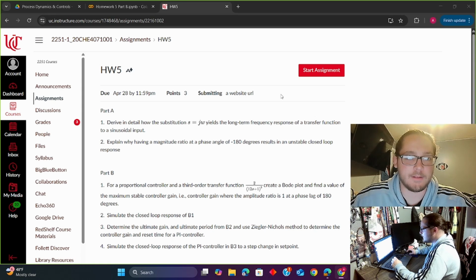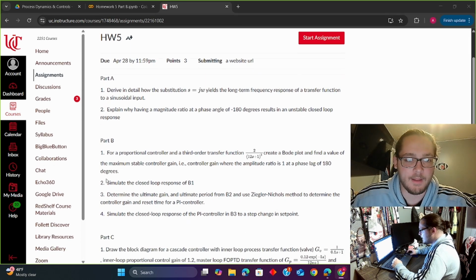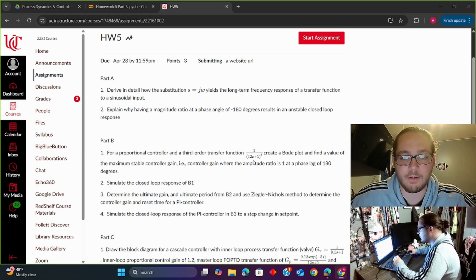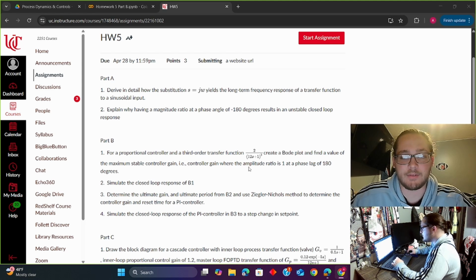Hi, this is homework 5, part B. Here we will be taking a proportional controller and a third order transfer function in which we have 2 over (12s plus 1) cubed. We will be creating a Bode plot and finding the value of the maximum stable controller gain, where the controller gain yields an amplitude ratio of 1 at a phase lag of 180